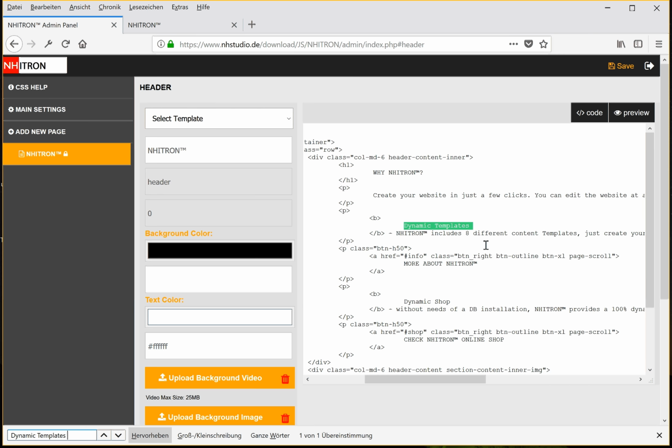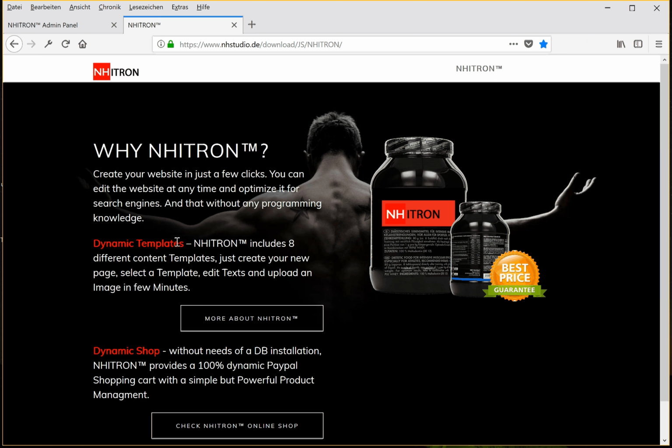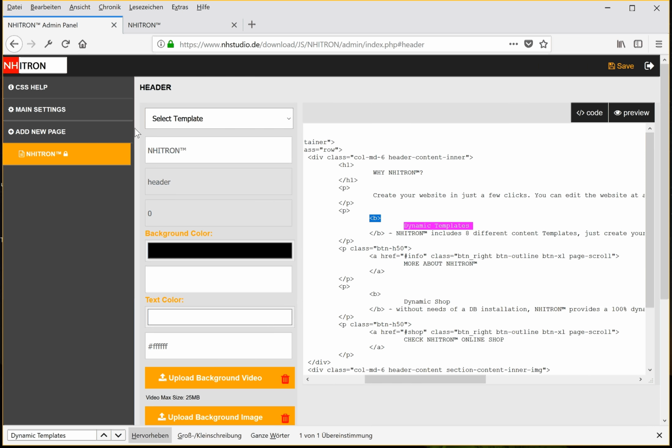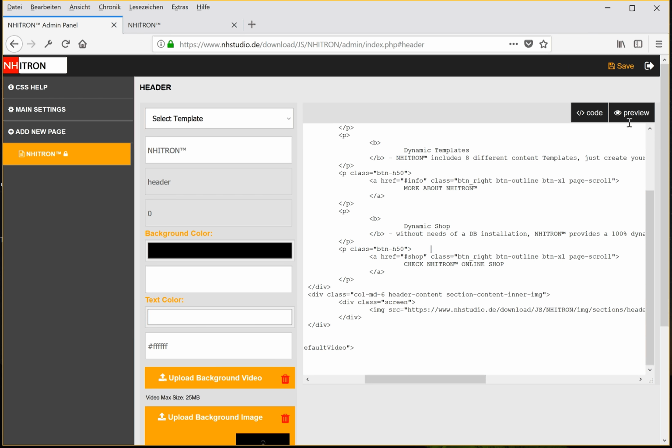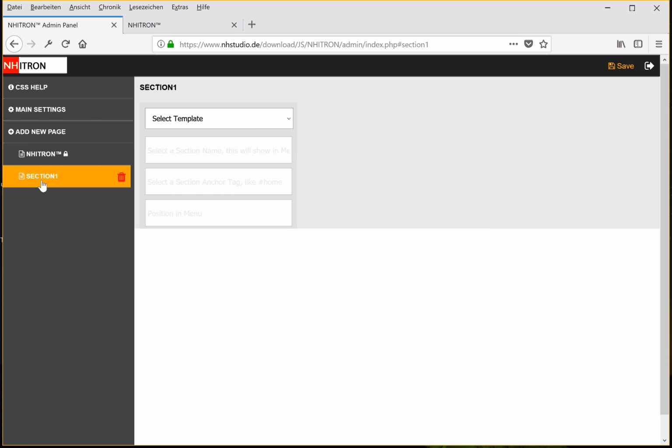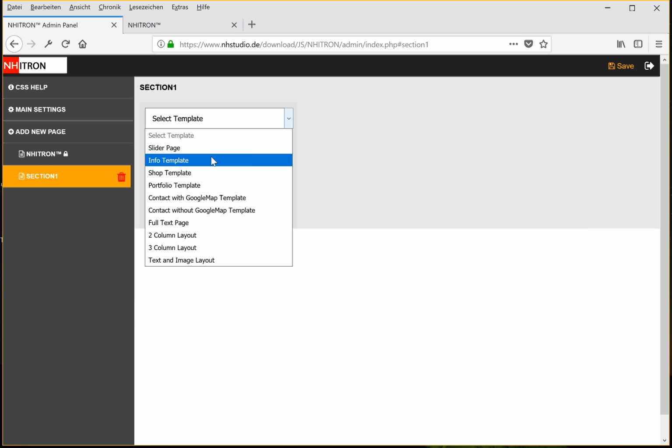And as you see, it uses a bold tag. Using the bold tag, we are able to make the text bold, and also use the highlight color of the template at the same time. Okay, I'm going to save the header in this, and also I'm going to add a new page. For example, this should be an info page,